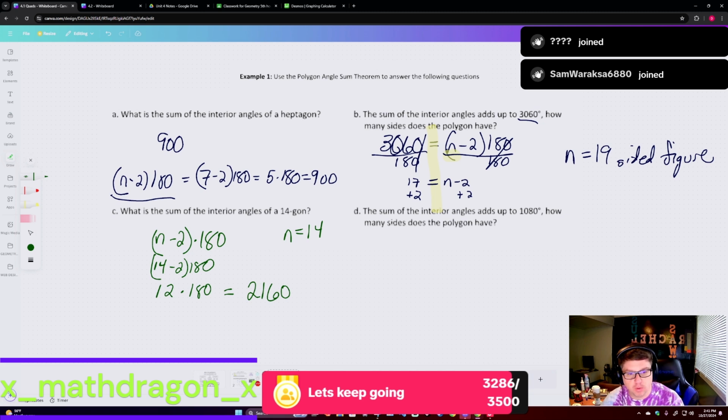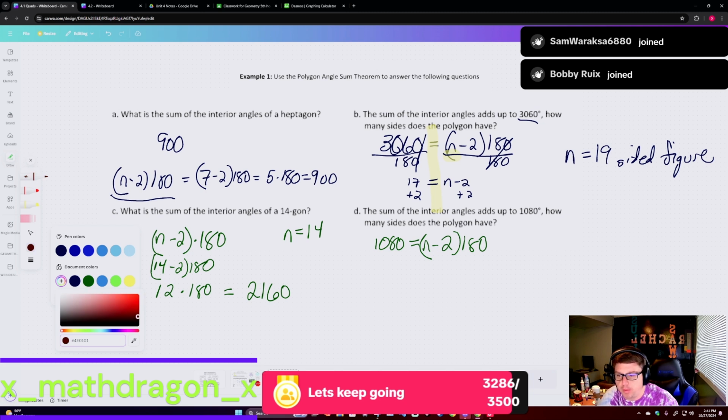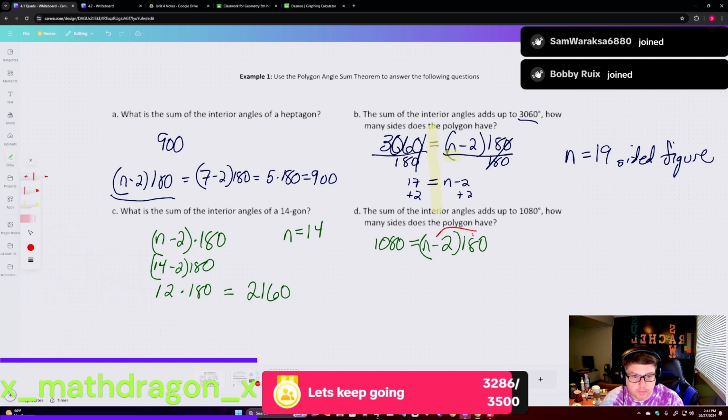So we're going to start with 1080 equals n minus 2 times 180. And let me show the other way. But I think it's good practice to show multiple ways to solve a problem. Let's distribute. So let's do 180n minus 360 equals 1080. So if we do this and we go this route,